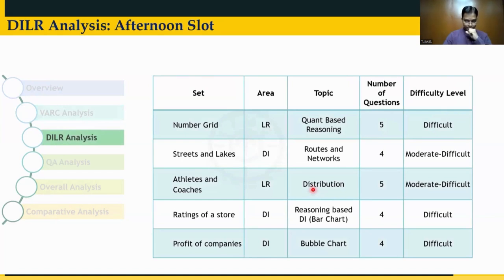Let's now look at the second section, which is the DI-LR section. And here, as you all know, we mentioned at the beginning of the analysis that the demo test gave a heads up that there may be a change in the total number of questions, and that's exactly what happened. The DI section in the demo test had 22 questions, and instead of the usual 20 over the last 3 years, this is exactly what came in the actual CAT today.